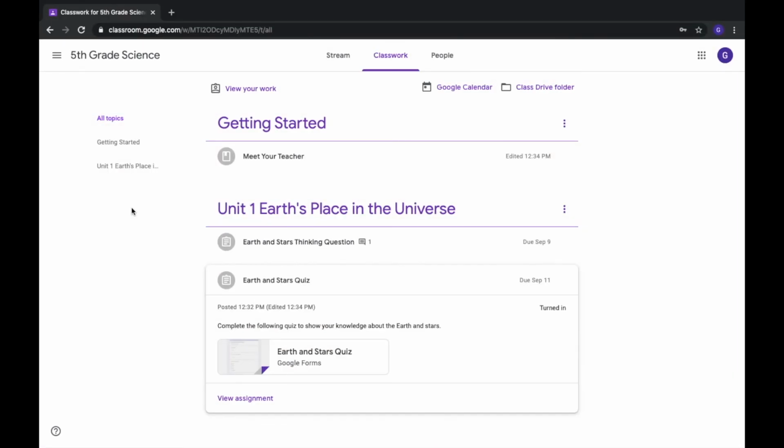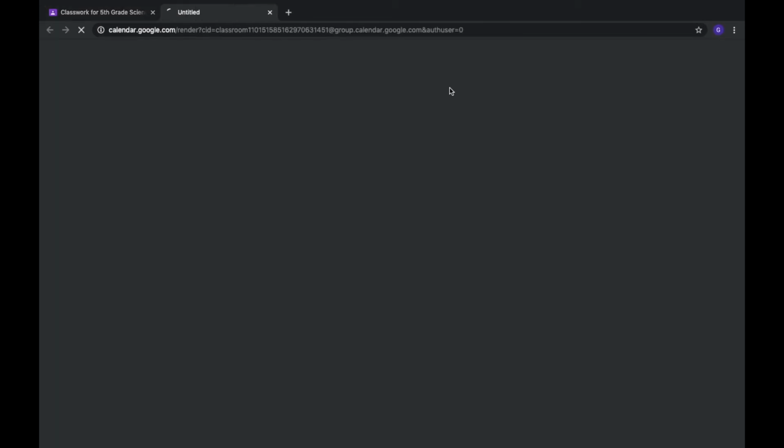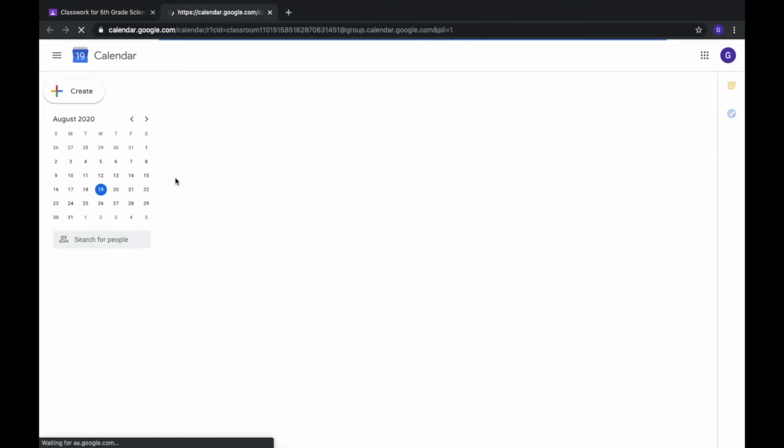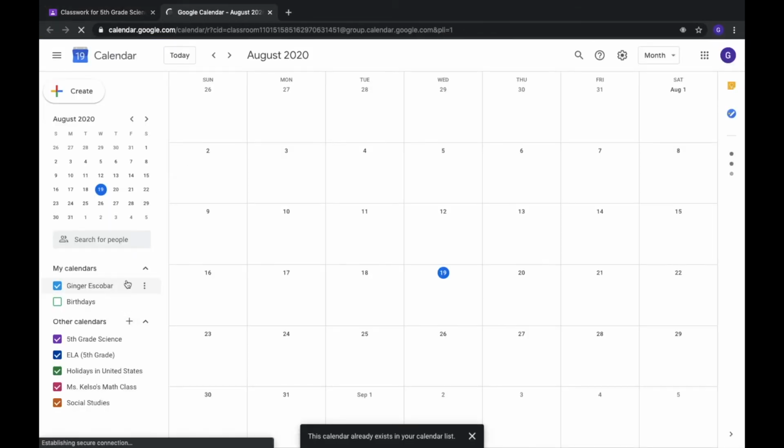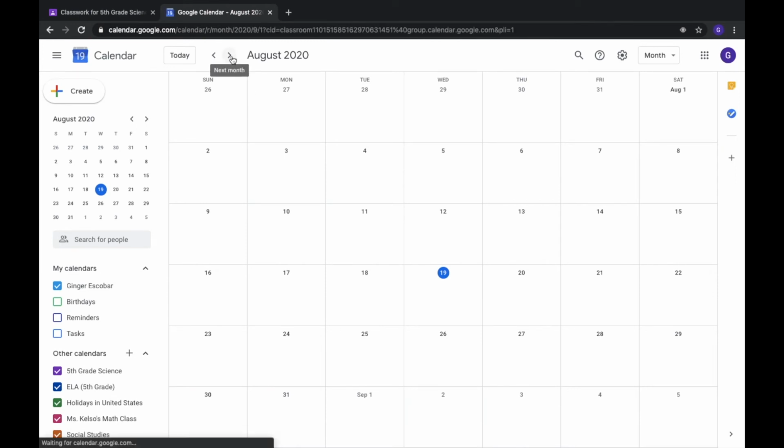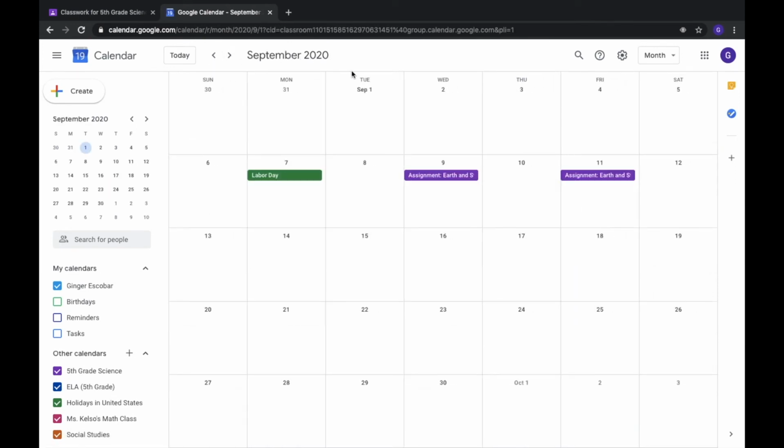There's a few more things that you can see from this page. One of them is the calendar. So if you go up to where it says Google Calendar, you can click and it'll open up a calendar for you to see. This calendar will show you if there's any due dates. So if we go to September, we can see that I have a couple of things due. These are actually the assignments that I just completed, but we could have seen that they were due on September